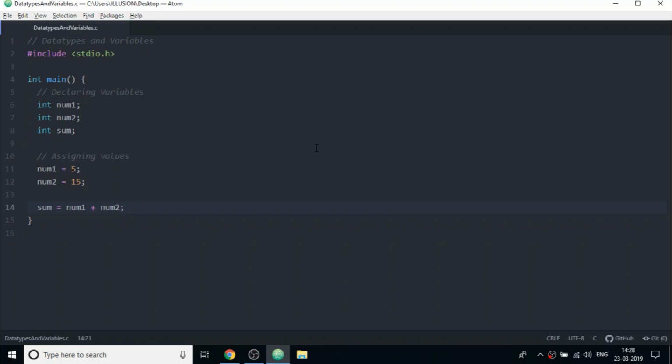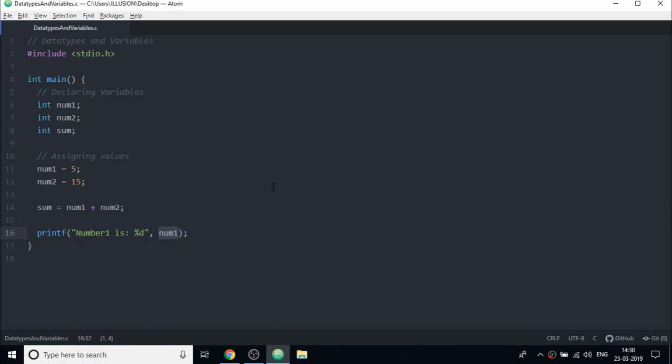So consider the following printf statement. So this printf statement is a little different. It has 2 arguments. One is the format control string, which is nothing but the string written within double quotes, and the other argument is the variable name.